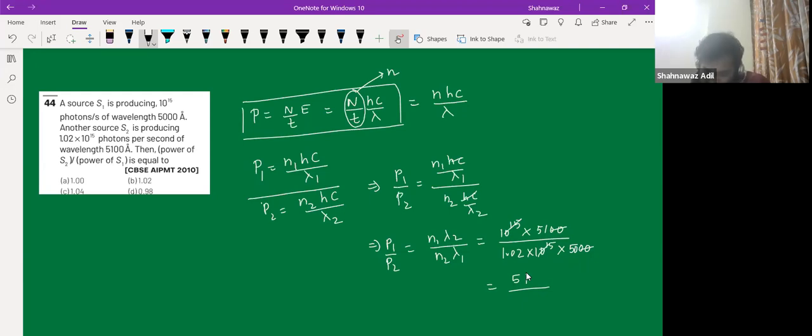So 50 into 1.0, so that is 51. So 51, 51, that is 1. So the answer would be 1. Is it clear? Yeah, quickly note it down and stop here, and we'll continue our